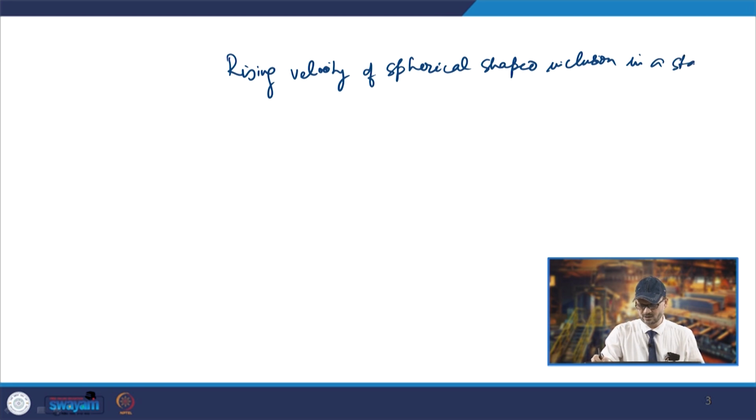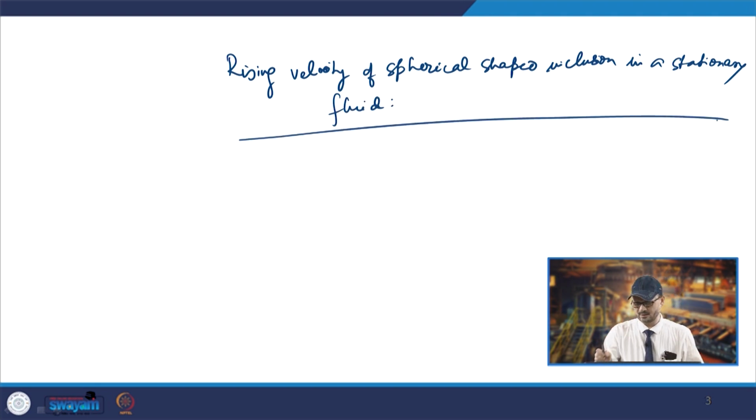So, suppose you have to calculate the dimensionless groups. What you do is use this Buckingham pi theorem. Normally, if you talk about the rising velocity, this is a problem in steelmaking, where the inclusions, if they are lighter, have the tendency to float